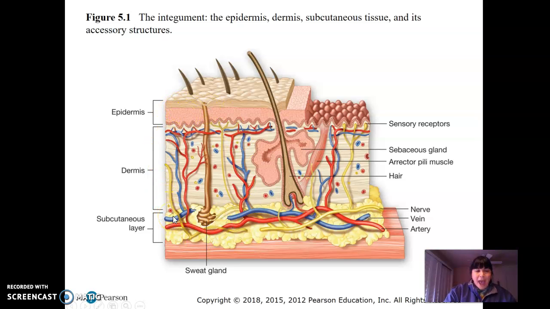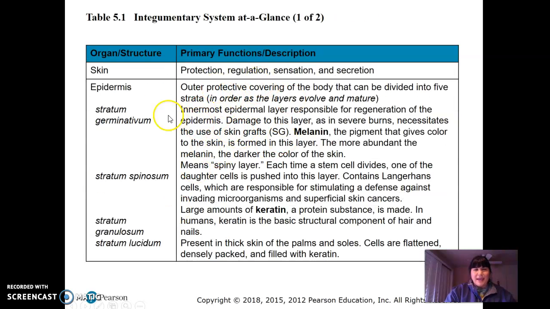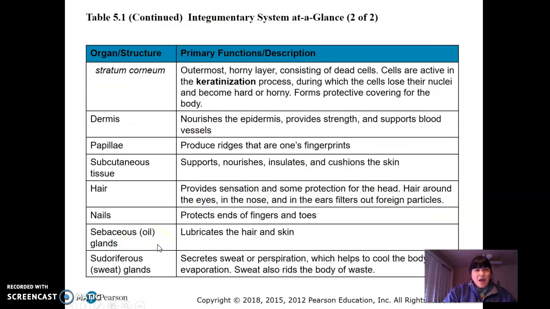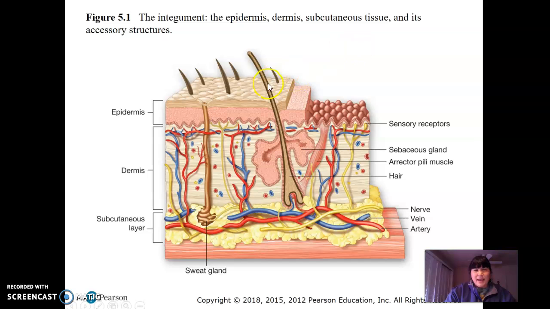Now, if I go back to this, it says epidermis: stratum germinativum, stratum spinosum, stratum granulosum, stratum lucidum, stratum corneum. Stratum corneum is the top, outermost horny layer, consists of dead cells. Cells are active in keratinization process. So here, way at the top, right, what you touch is the stratum corneum. And as we go down,